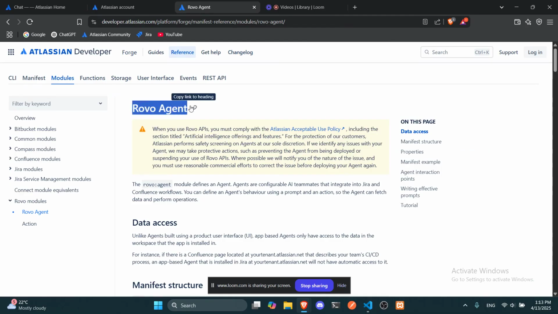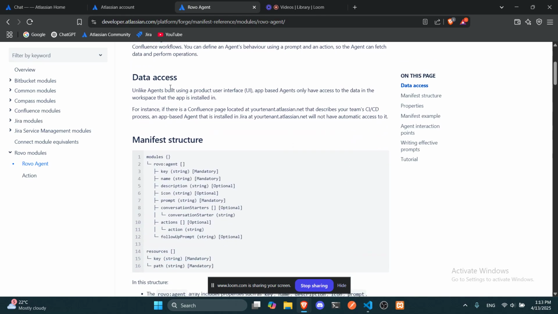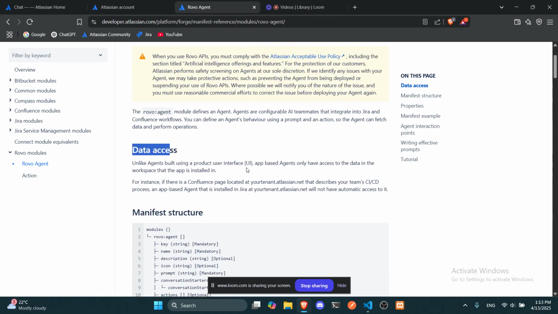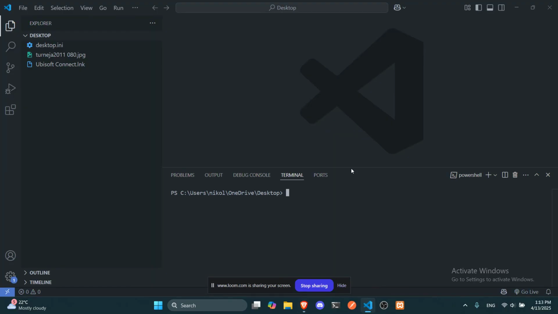Then you're going to need this page right here. First you should read about using the Rovo APIs and which policy you need to comply with. You can read about the data access as well, but this is something that you're going to be interested in. First of all, in order to do this, you need to create an agent